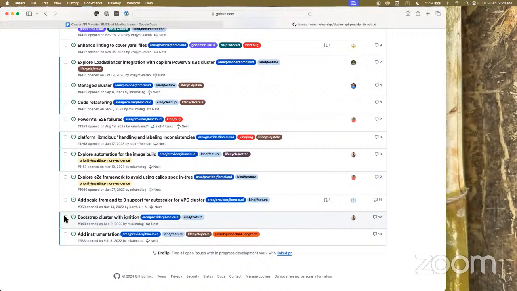Fedora CoreOS is the one which we are trying to use, right? So Red Hat CoreOS, you mean? Yeah, Fedora CoreOS. Right now we are trying with Fedora CoreOS, the open source version. So what we can really do is that we do have these CoreOS assembler scripts for building the image.